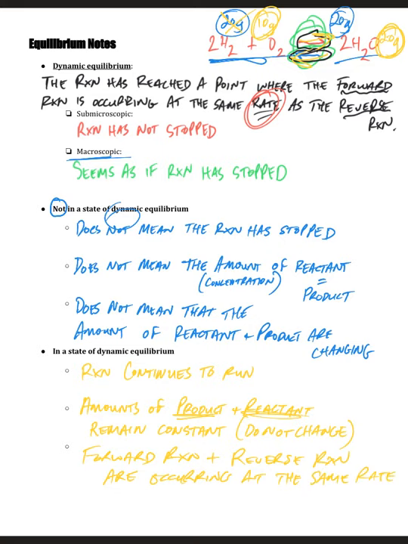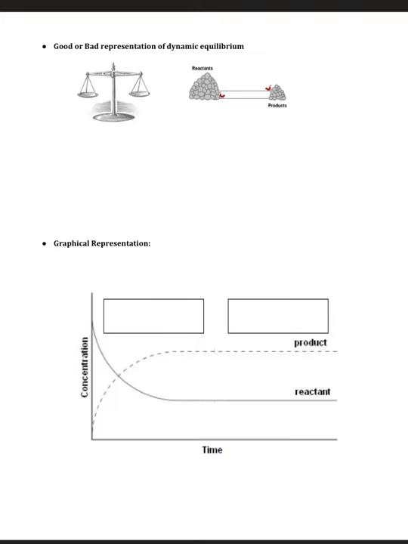And there's that fancy word rate again. That's why the amount of reactant and product does not change, because those forward and reverse reactions are occurring at the same rate. All right, so now we have two little pictures or analogies to a dynamic equilibrium, and one